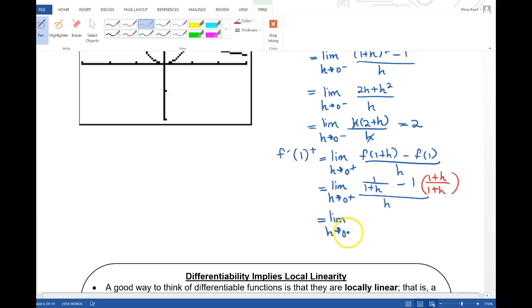And what do we have? Yeah, what's going to happen here? You're going to have 1 minus 1, so that's going to cancel, and then distribute, so we have a negative h over 1 plus h. And then instead of dividing, multiply by 1 over h, so these cancel. What do we end up with? Negative 1. So since we got from the left a slope of 2, from the right a slope of negative 1, right, so